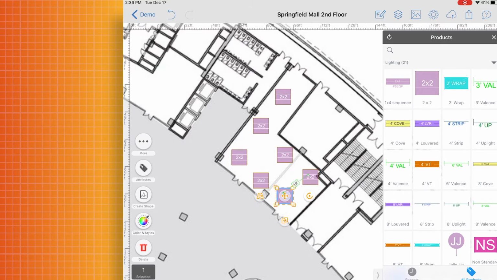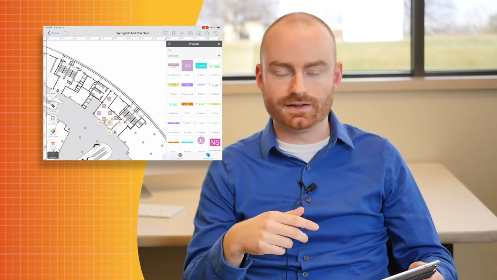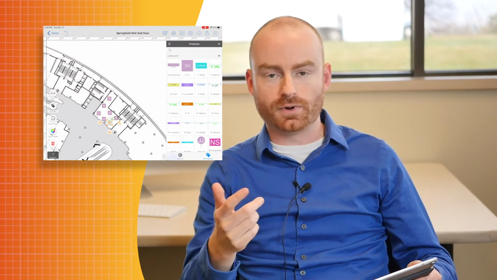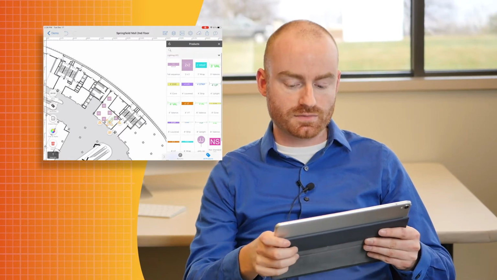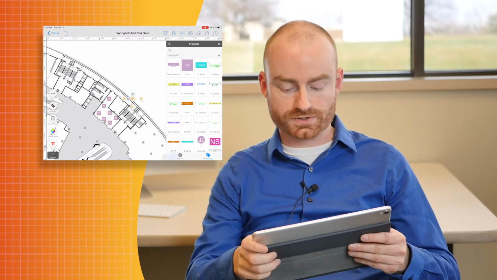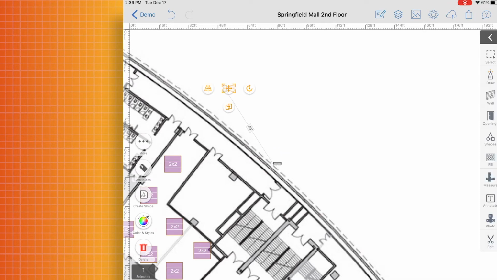Now, let's say you have multiple instances of an object, one right after the other. An example might be a light pole in front of a parking lot. What you would do is go ahead and select that light pole from the menu. In this case, we'll use the 1x4 sequence to help represent that. Drag the first one into position, and then go to the Array tool in Edit,